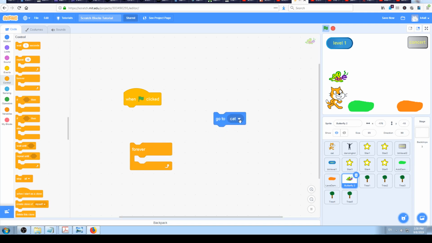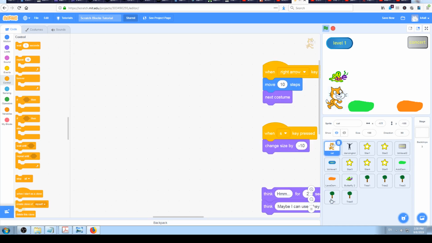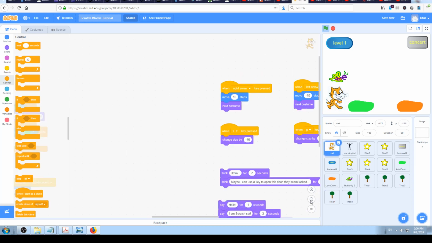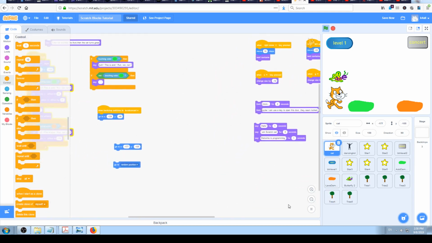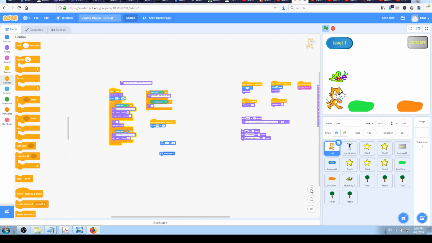And same with the random position, as we have seen, we used that to spawn a whole tree forest in a few seconds of coding. And what was the last? Yeah, mouse pointer. You can use that to follow the mouse and make the controls that way, and so on and so on. So that's literally the sky is the limit. You can do whatever you want with Scratch and a little bit of experimenting and imagination. I think I have talked a little bit too much again, but at least we have seen a couple